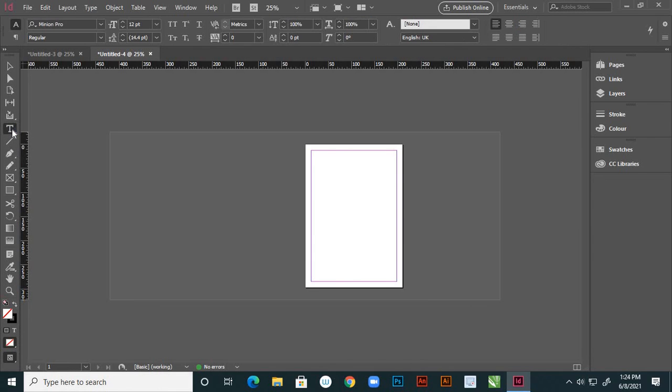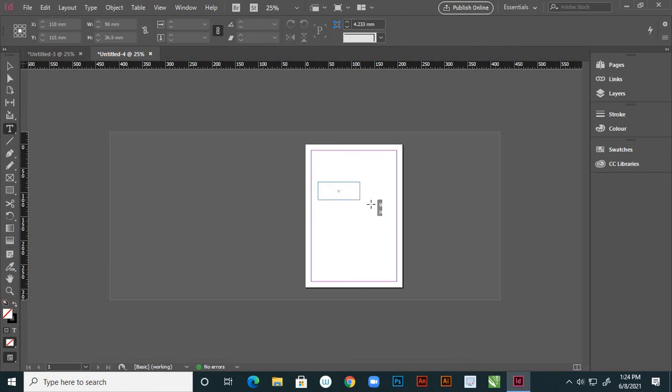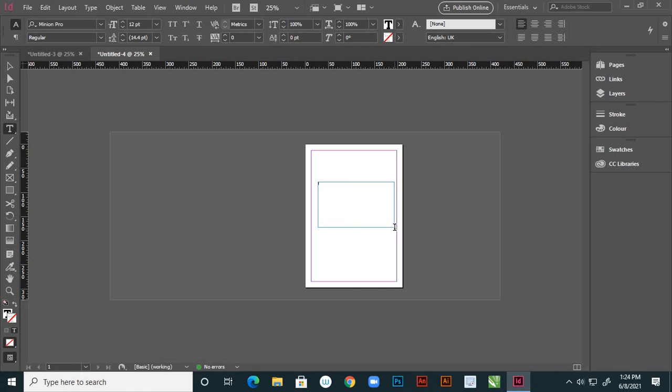So after choosing this type tool, you have to give your area, drag and select your area. Now increase the font size, and you can type your text, right?